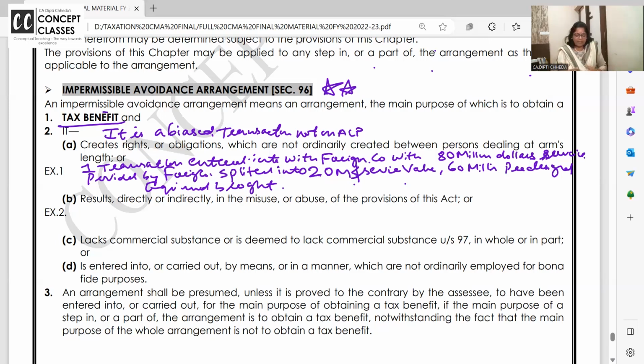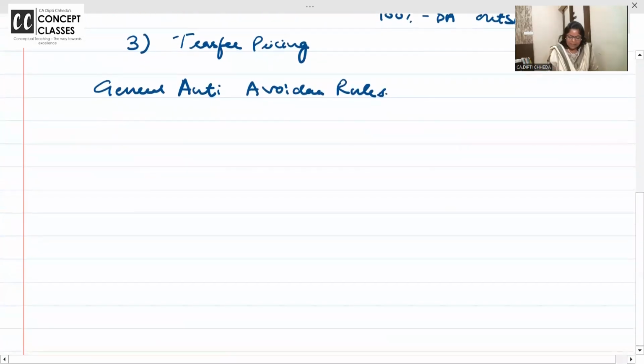It's an arrangement wherein I'm taking service from an NRI and it is creating rights and obligations which are not normally created. If they have rendered the service of 80 million, they should show 80 million royalty and pay the tax in India. To avoid that, they are trying to split the bill in such a way. ये तो उसका है. You know, in a smaller way, this can be like in India also. One second, I'll show you. ये ना हमारे पास भी हो सकता है. जैसे